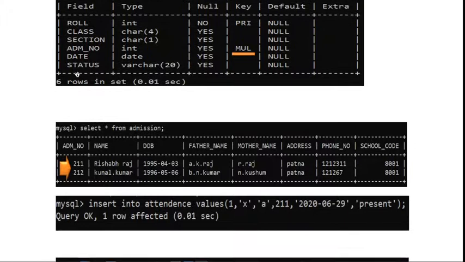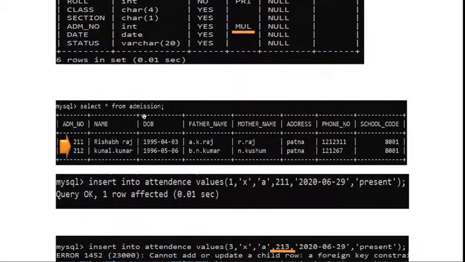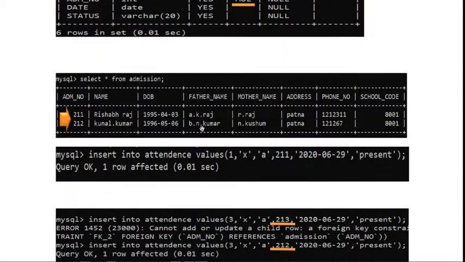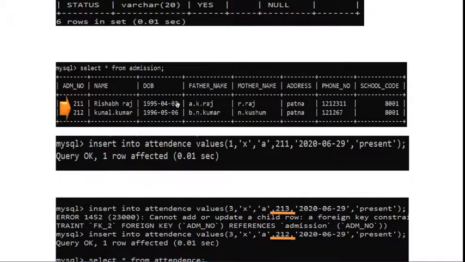Now, just for example, suppose two records are stored in the admission table. The most important thing is the primary key; it works upon the primary key. So 211 and 212 are stored in admission.